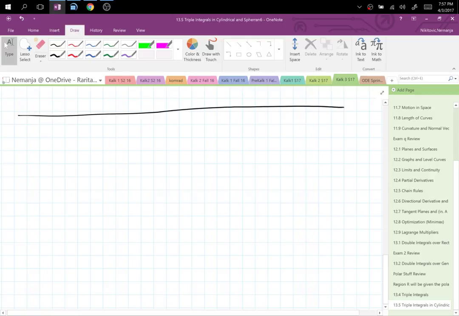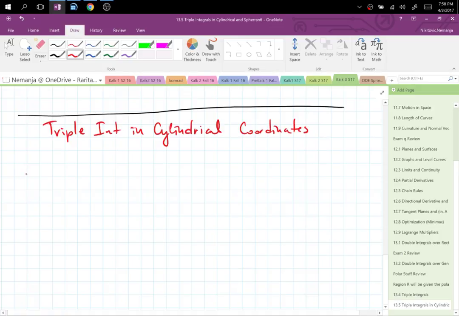My hope is that you guys will spend time to practice this with conversions. I already defined the integral, but now I'm going to write the actual cylindrical coordinates integral. So triple integral in cylindrical coordinates, and that would be triple integral over region d of some function f of x, y, z dV will be, and now